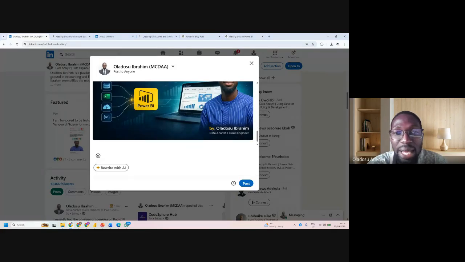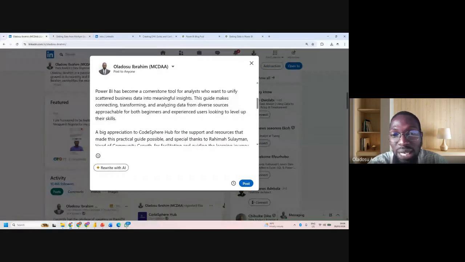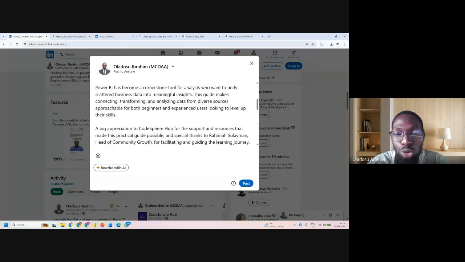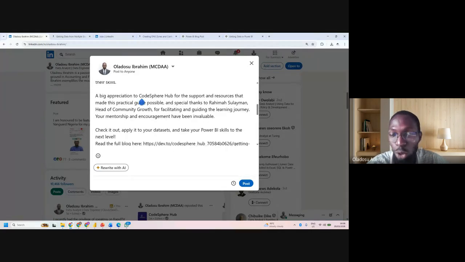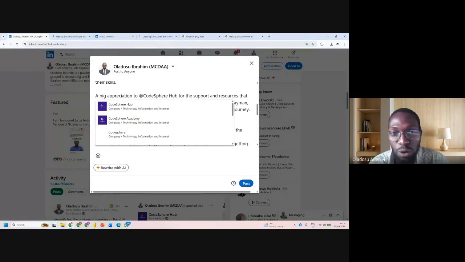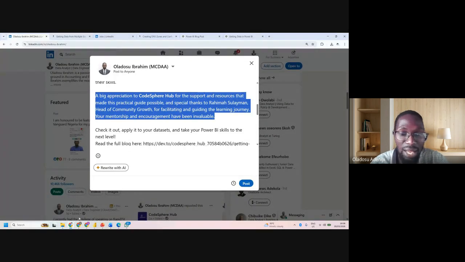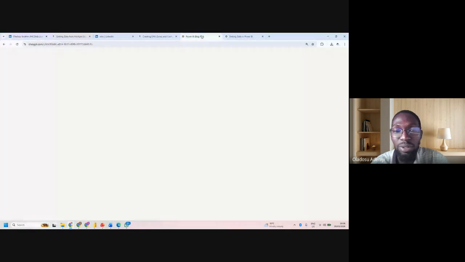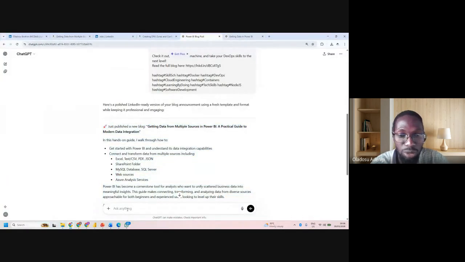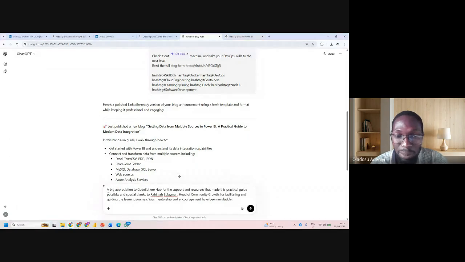When you paste it there, the next thing is to check out those that you want to feature or tag. You tag CodeSphere Hub. Yeah, so this CodeSphere Hub. And likewise, you can copy this and come here to appreciate the facilitator as well. So it's about prompting anything.